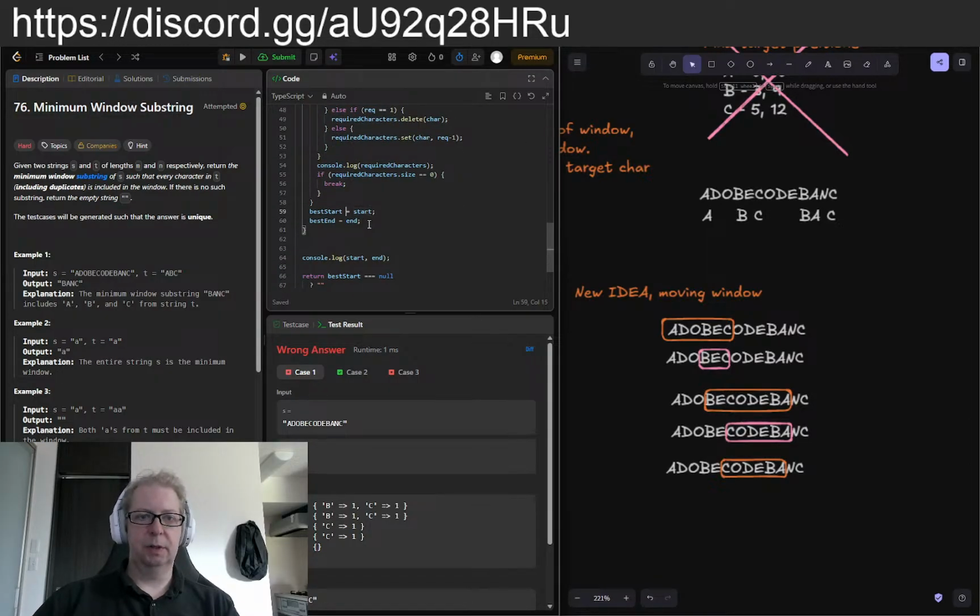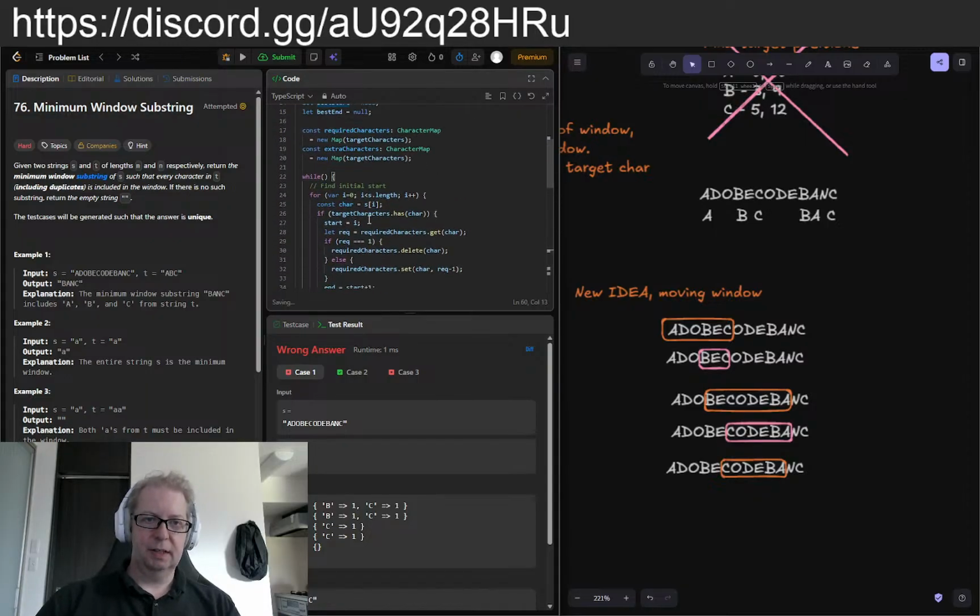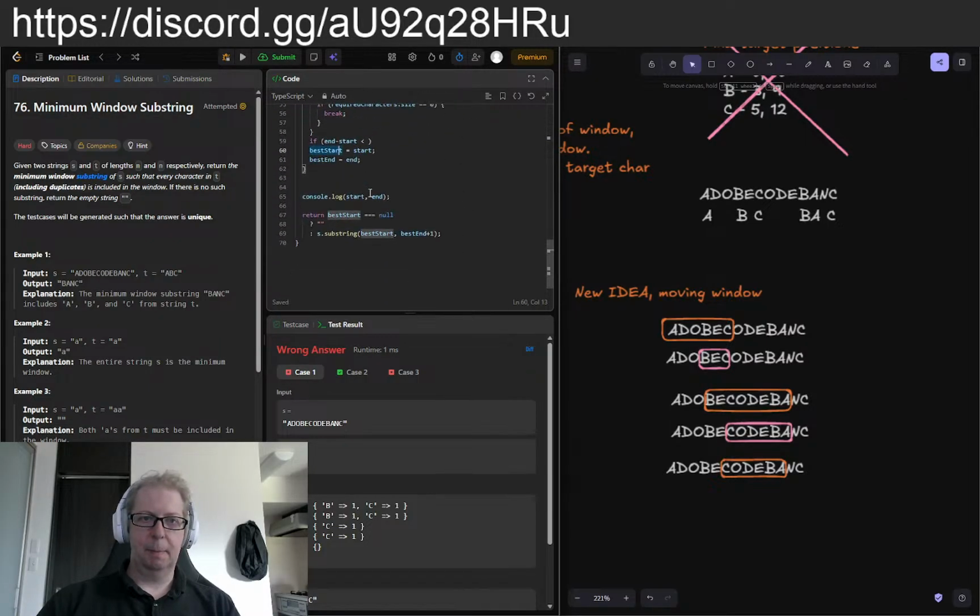And also this one should be if n minus start is less than